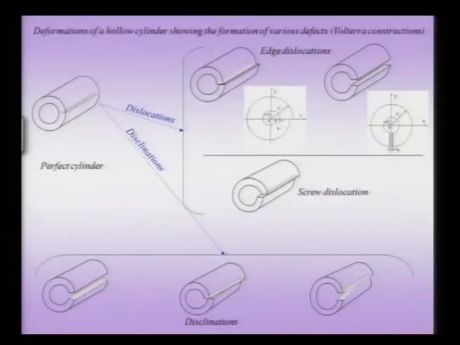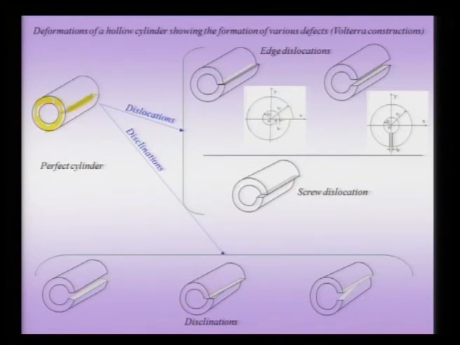So, what is the Volterra's picture of a dislocation? In Volterra's picture, you take a hollow cylinder, that means a cylinder wherein there is material here, and I make a cut in this cylinder, which is shown by this grey area. So, this is a hollow cylinder in which I make a cut, and after making the cut I make various deformations to the cylinder,